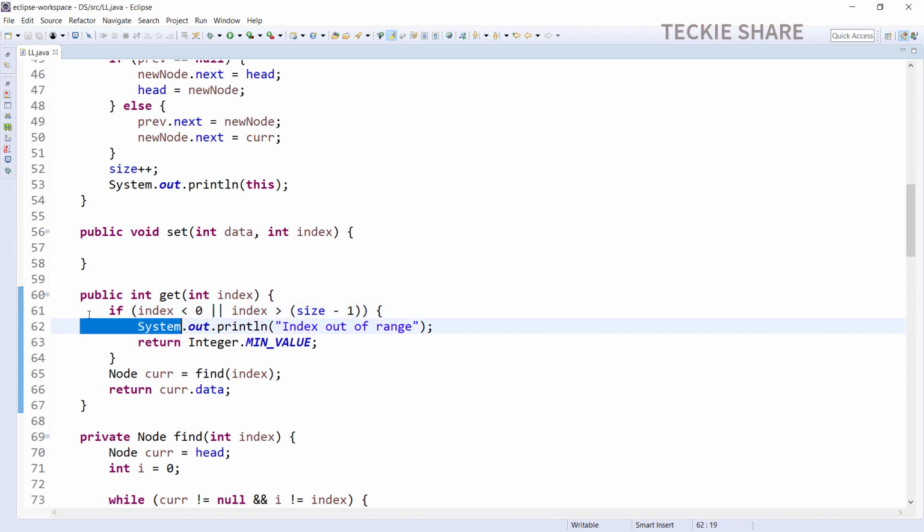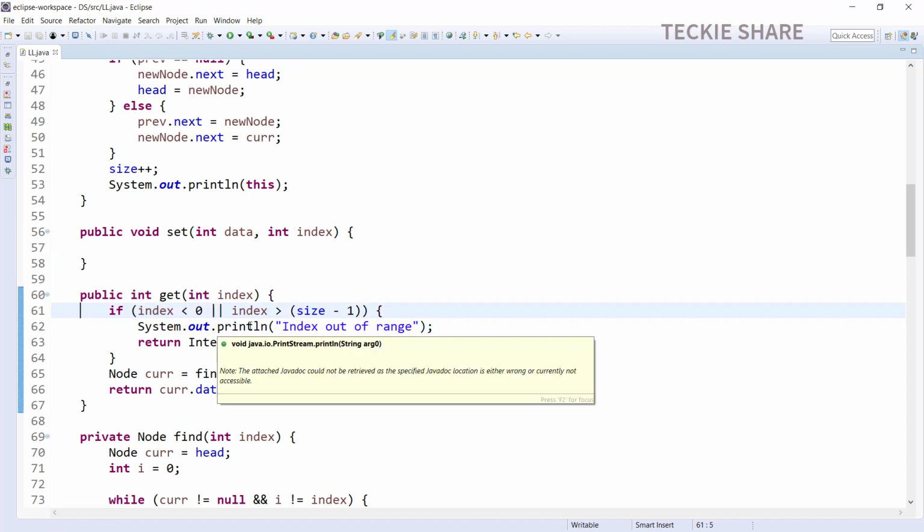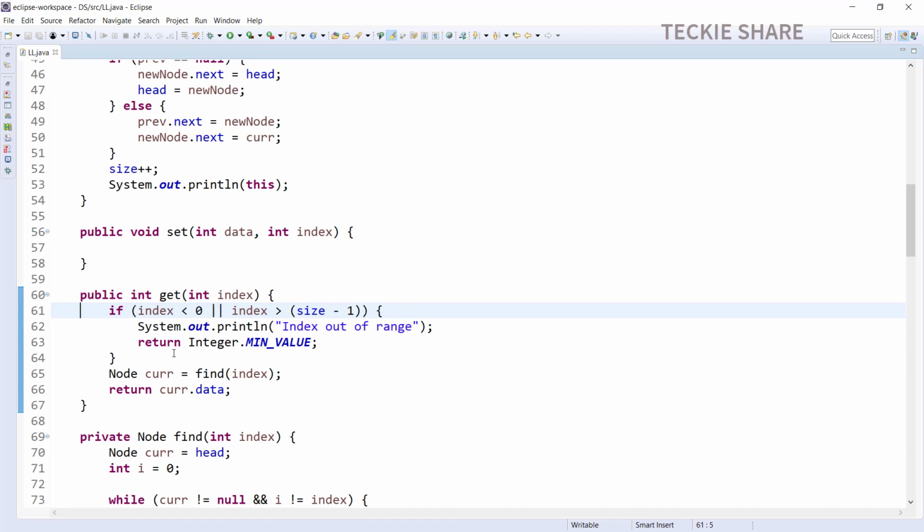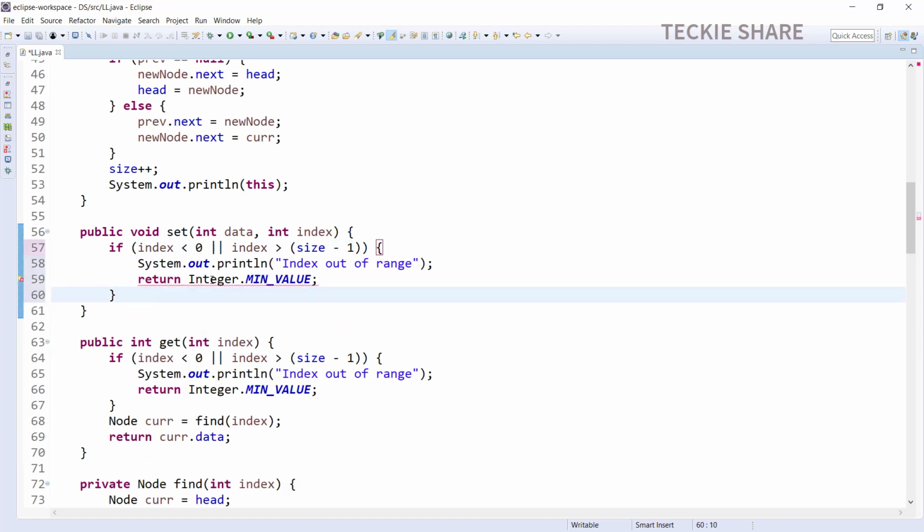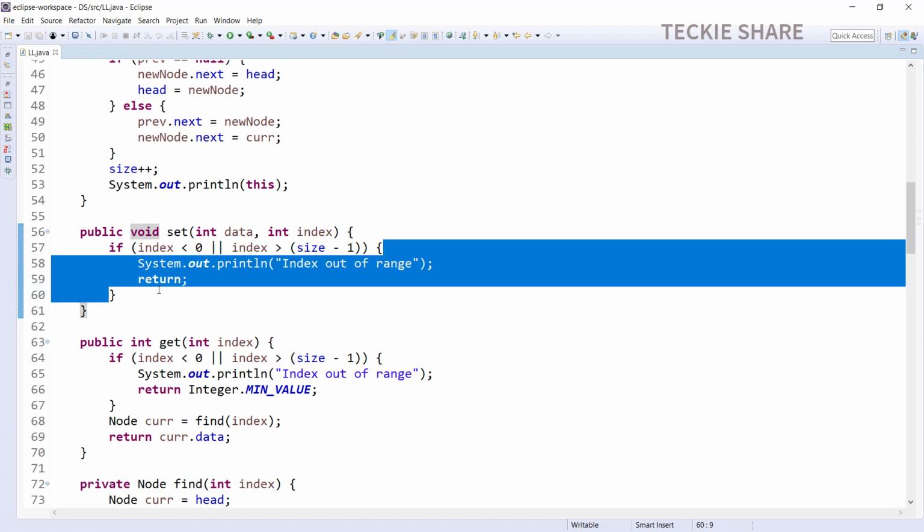So I'm just copying the content from my get method and pasting it into my set method. Here there is no return value required; the method return type is void, so I'm removing the empty return statement.